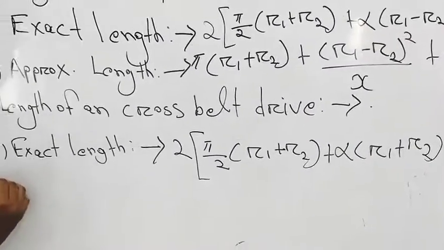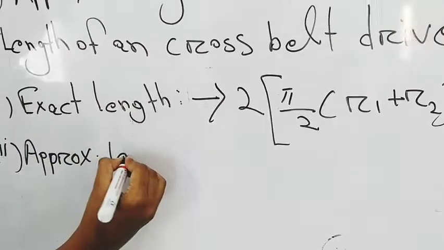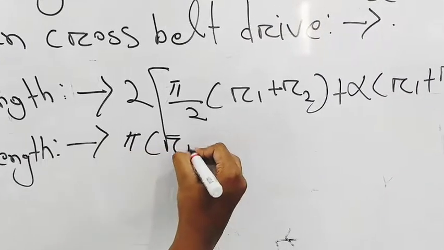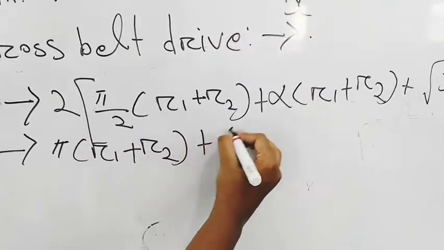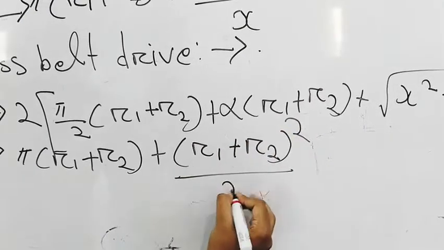And next, the approximate length is also pi (r1 plus r2) plus (r1 plus r2) the whole square divided by x,